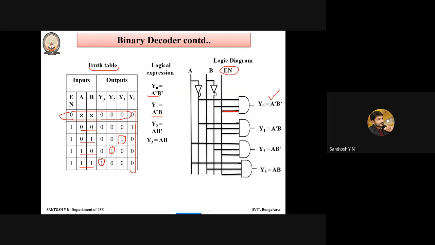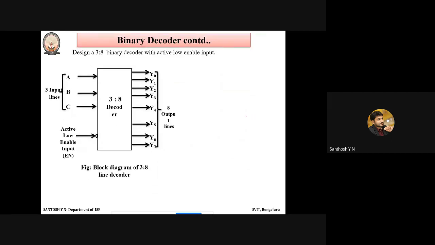I hope you have got to know how to write down the decoder circuit as well as the truth table. Now we shall go for the 3 to 8 decoder. Just now we discussed the 2 to 4 decoder. Now we shall discuss a 3 to 8 decoder. If you observe, there are 3 inputs at the input section: A, B as well as C. And there are 8 outputs at the output section, represented as Y0, Y1 till Y7. Those are the 8 output lines. Again, in order to activate this decoder, you require an enable signal. And what type of enable signal have they chosen here?